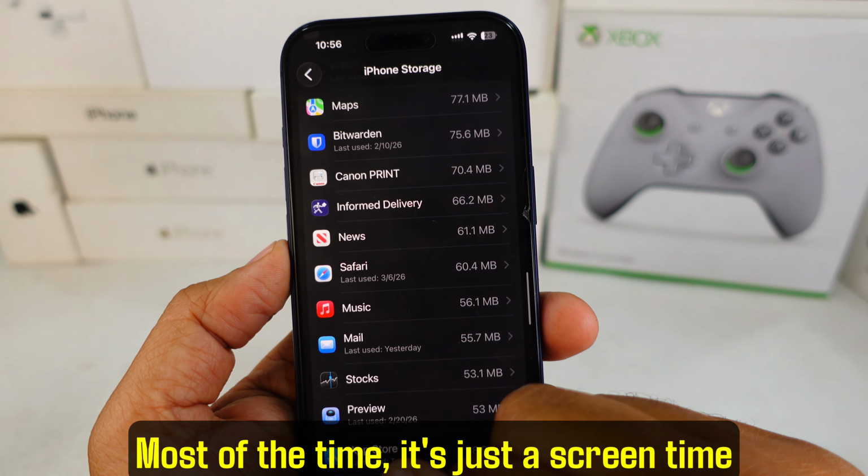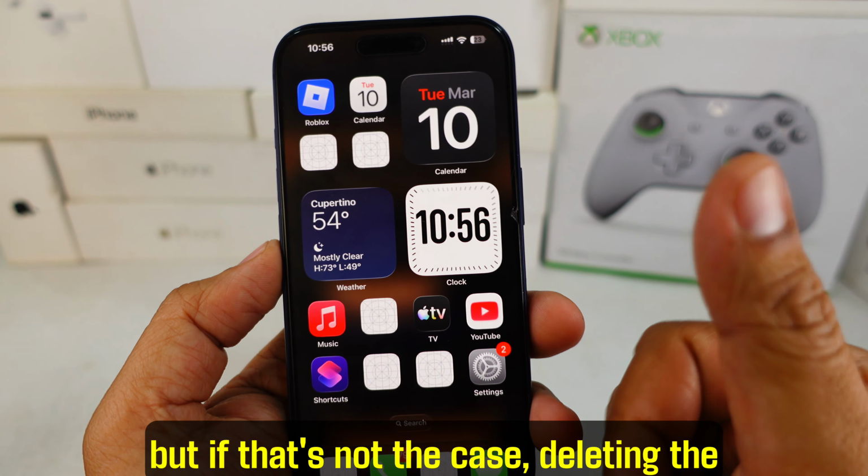Most of the time, it's just a screen time restriction, but if that's not the case, deleting the app through